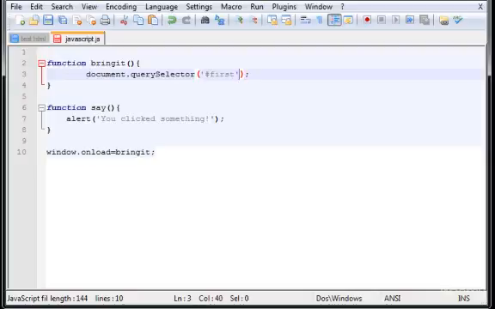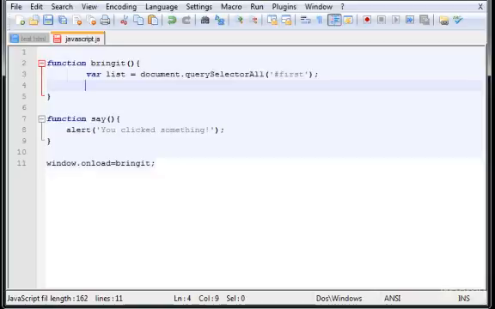Okay, the on click, and in here let's create a variable list equals document query selector, and now we type all. Okay, what this will do is query select all the IDs first, and then down here we will create a